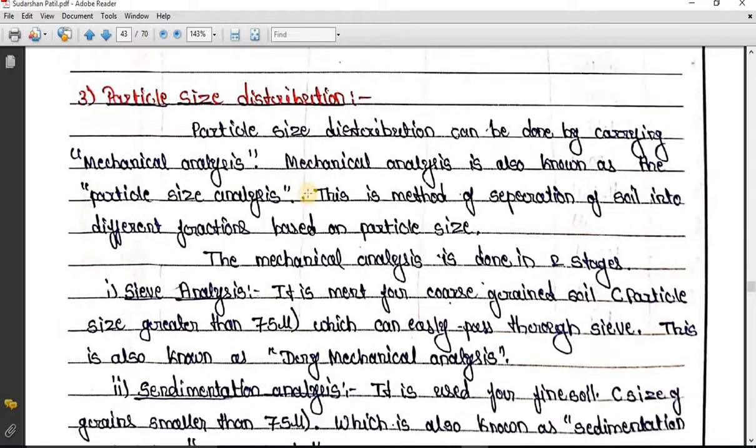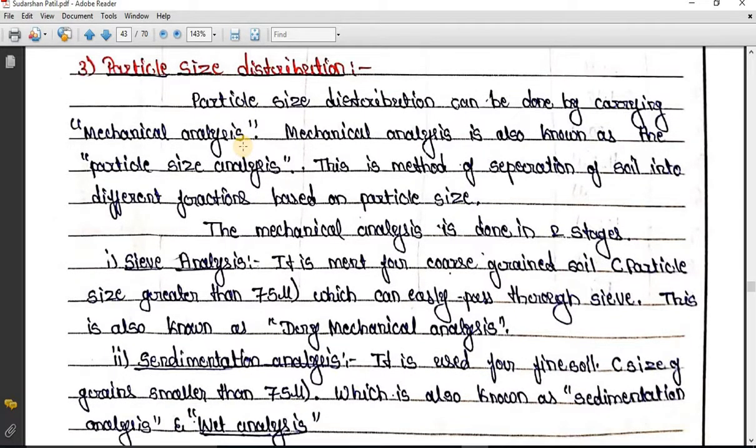Specifically in today's session, I am going to move to the particle size distribution. Particle size distribution is one of the simple experiments to determine the amounts of various sizes of particles which are present in the soil. What I mean is, if I take a small amount of soil, there are various sizes of particles present. I need to find out what percentage of a particular size is present, to decide the classification of the soil.